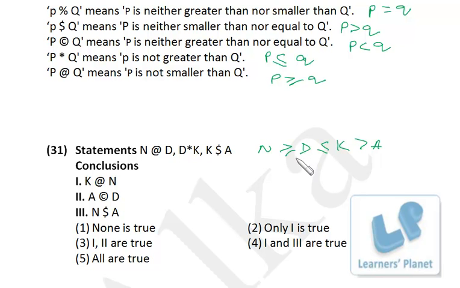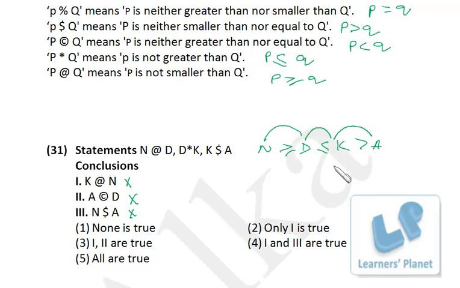We cannot establish any relationship except between these two, and between these two, right? So we cannot have any relationship between N and K, N and A, and D and A, right? K and N, we cannot establish any relationship. No need to check, no need to assign any position or any character. A and D, we cannot conclude any relationship. N and A, no relationship can be concluded, right? If at all you wish to have a relationship, then ND, DK and KA only, right? No alternative relationship is possible over here.